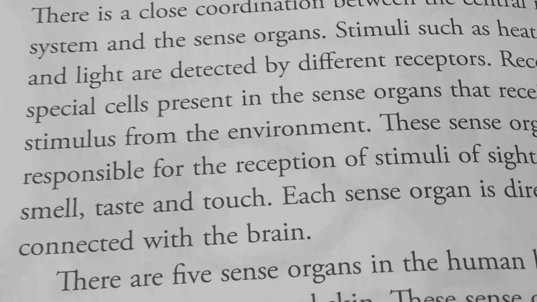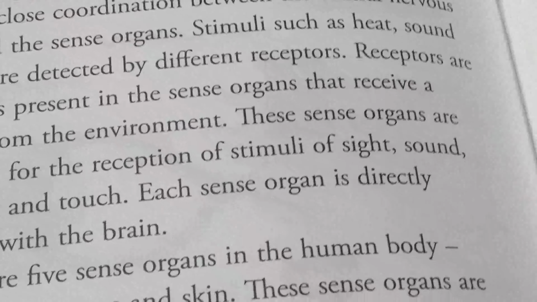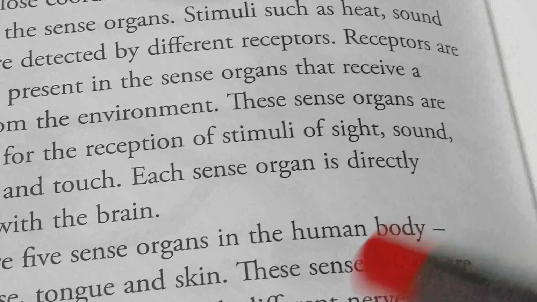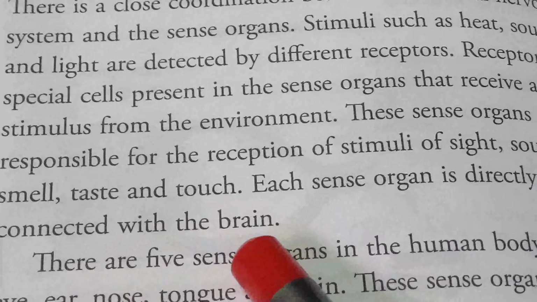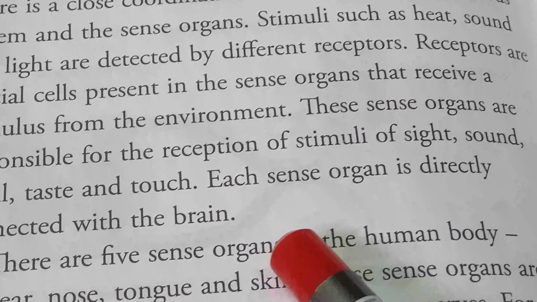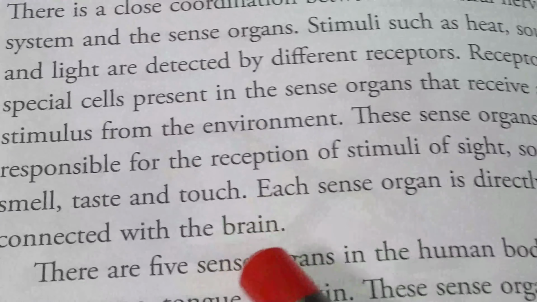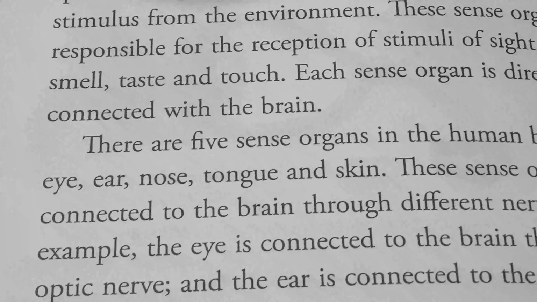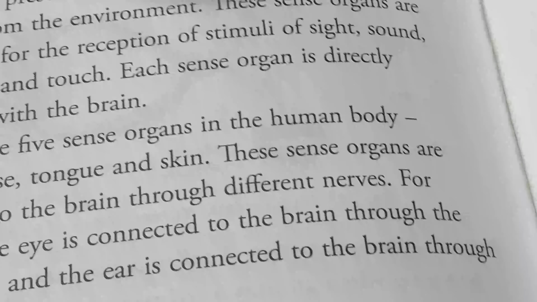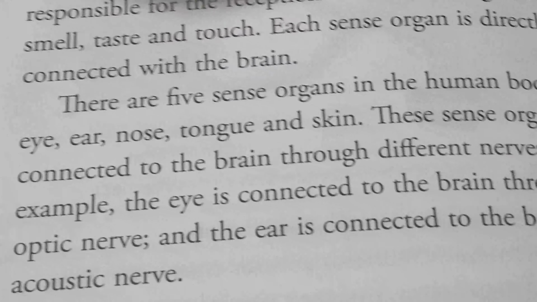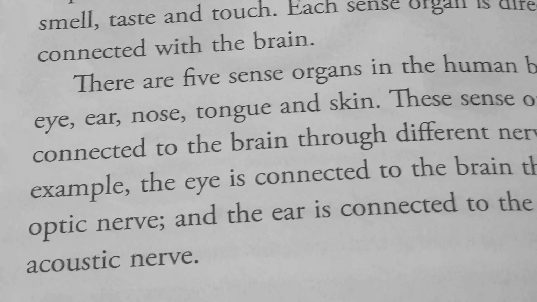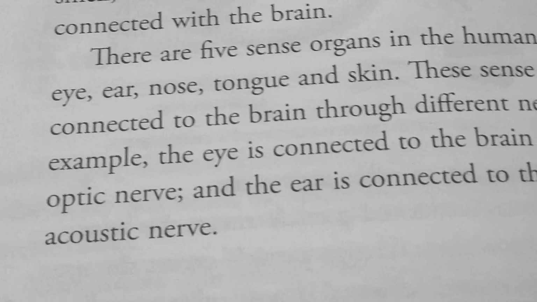These sense organs are responsible for the reception of stimuli of sight, sound, smell, taste and touch. Each sense organ is directly connected with the brain. There are five sense organs in the human body: eye, ear, nose, tongue and skin. These sense organs are connected to the brain through different nerves. For example, the eye is connected to the brain through the optic nerve and the ear is connected to the brain through the